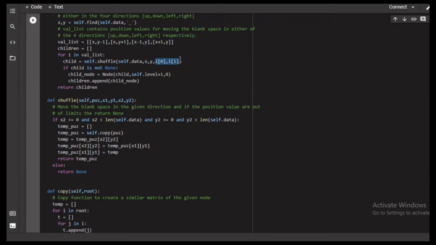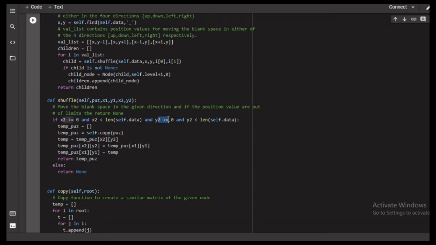So we are checking the limit: x2 is greater than or equal to 0 and x2 is less than the length of that particular data, and y2 should be greater than or equal to 0 and less than the length of the data, that is 3.